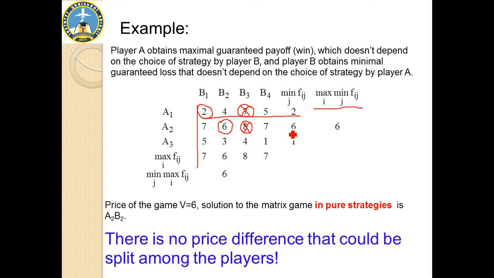So the minimum here is 6. The same applies to the third option, where the minimum is 1. Now, the maximum of these three minima is 6. So obviously the maximum guaranteed payoff for player A is 6,